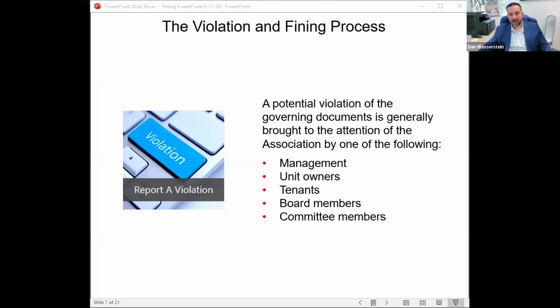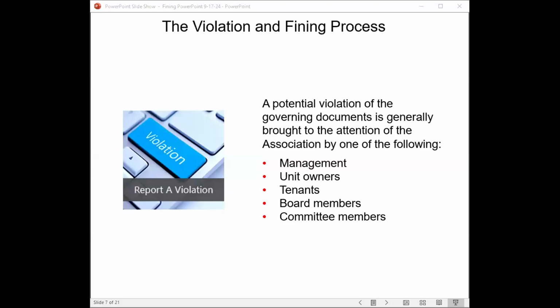If you don't have Kaufman language, you will want the authority to be in the governing documents. So in that example, it sounds like the board did amend the fining right into the bylaws. I'm assuming the board had the authority to do that. They didn't need a member vote. If the board properly amended it into the governing documents, then you don't need the Kaufman language because your governing documents themselves give the authority. You really need the Kaufman language if your governing documents are silent as to any fining.